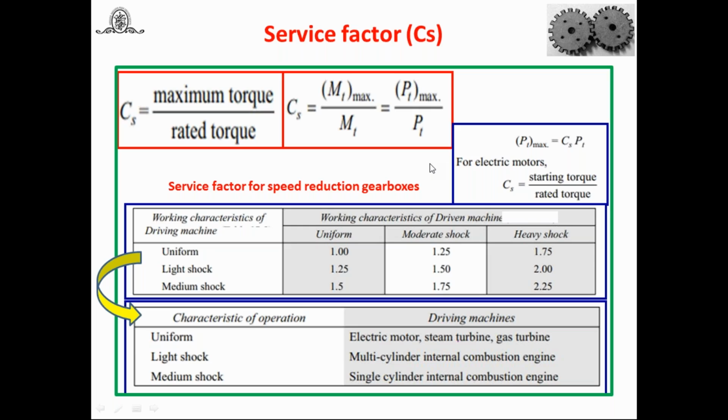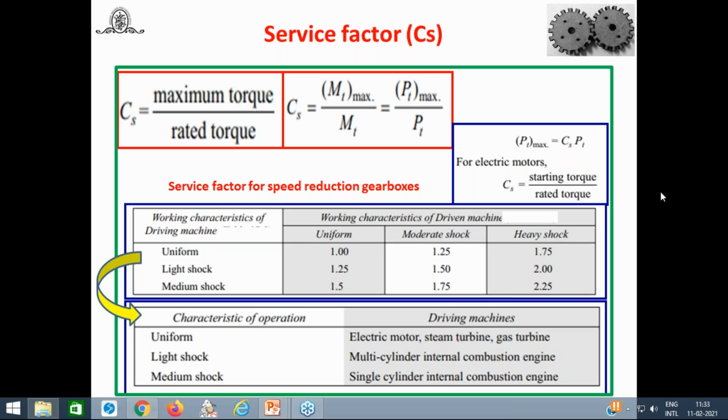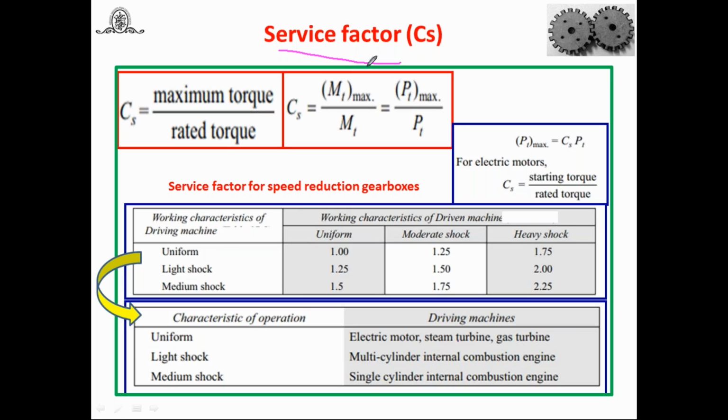to the meshing pair. Now again here we are going to use the first factor, that is the service factor, and this service factor takes into account the dynamic forces, you can say in general, or impact between the meshing gear pair also. And for that purpose we have to introduce this service factor. And what do you mean by this service factor? It's simply a ratio of maximum torque to the rated torque. Maximum torque to the rated torque, you will get the service factor.